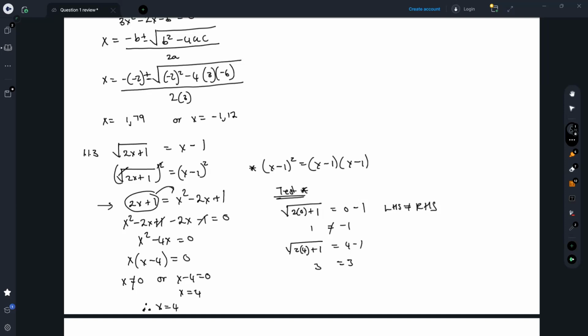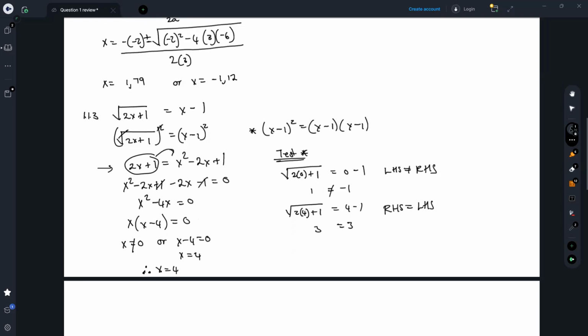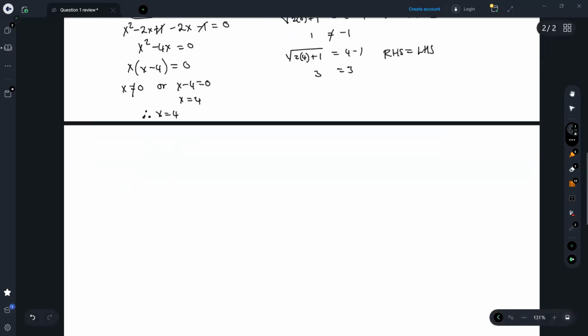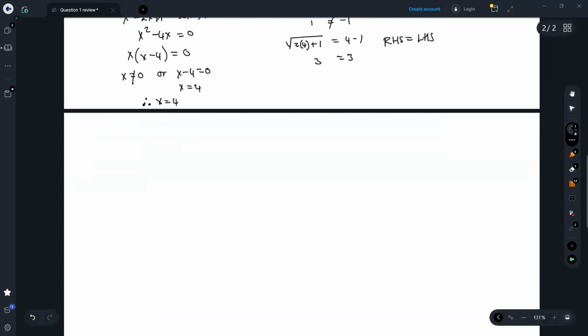Now, please remember that whenever you see a square root, it is a must for us to test. So in this case, RHS is indeed equal to LHS. That's why we took 4 as our solution to this equation, which is the one that we started with. So whenever you see a square root or a root somewhere and you're solving for x, you have to test those x values that you're going to get. Okay, let's go on to